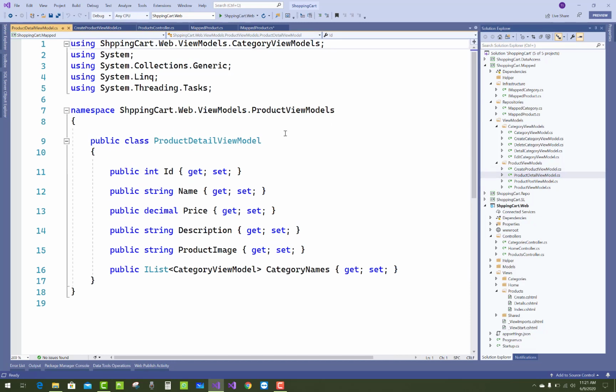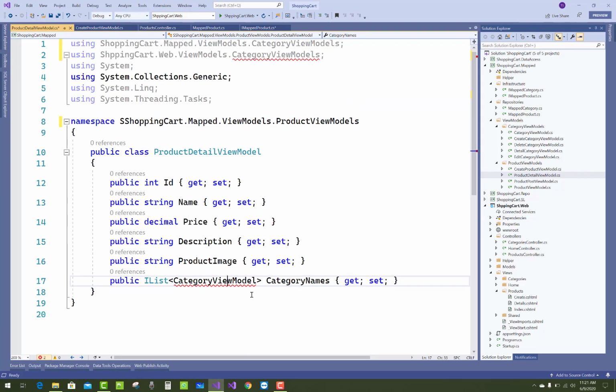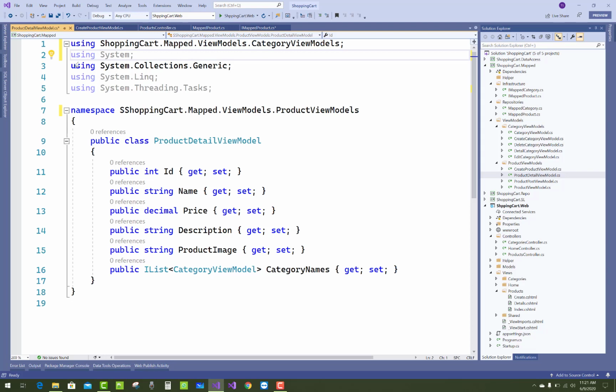So just copy and paste all these view models under the product view model, and remove unnecessary namespaces.